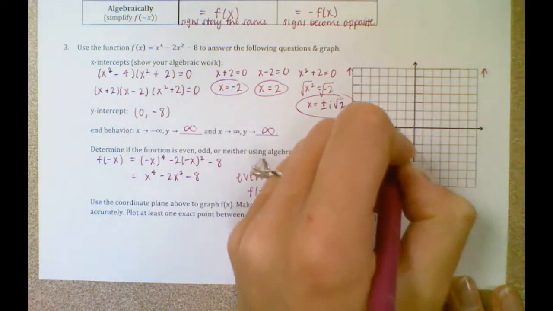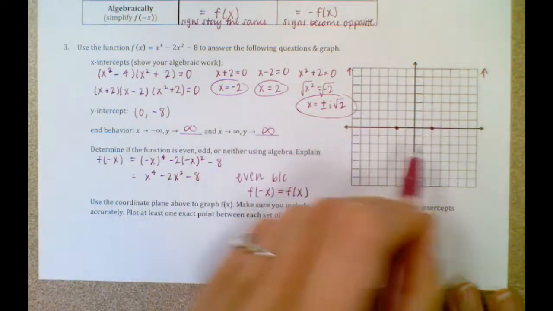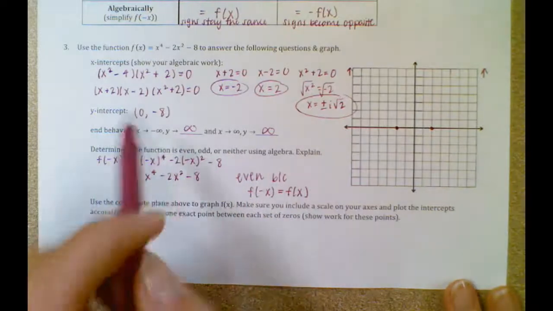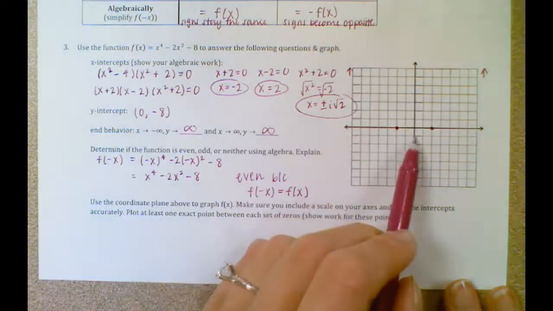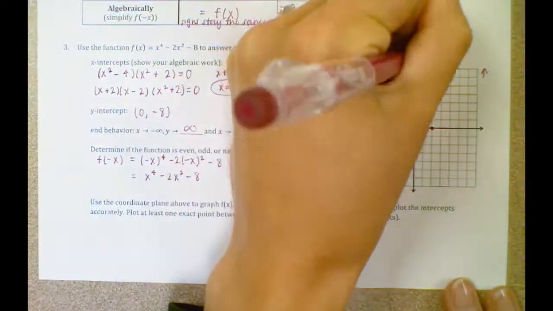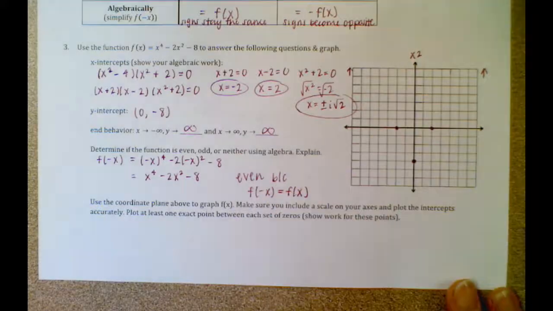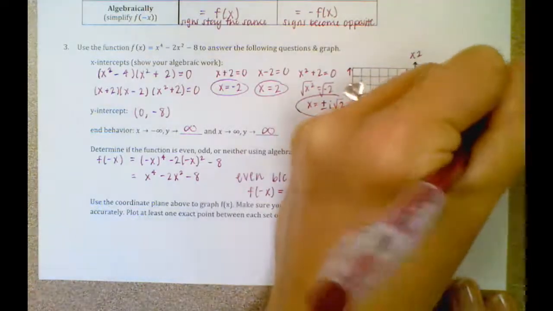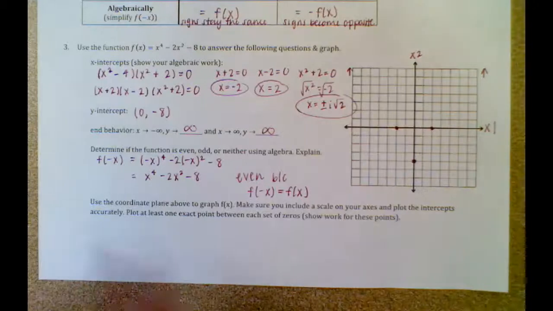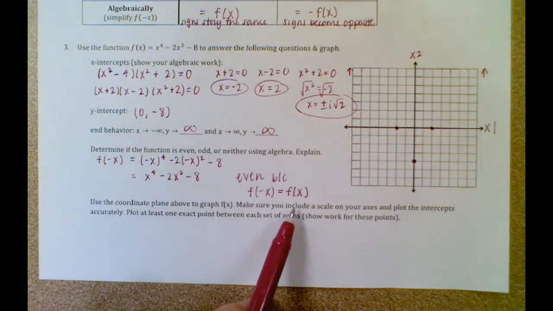So negative 2 and 2. Remember, these are imaginary zeros, so I can't plot them. They're not on the x-axis. I have a y-intercept of negative 8. 1, 2, 3, 4, 5, 6, 7. I'm off by 1. I'm going to count by 2s here: 2, 4, 6, 8. Okay. And my x values, I'm counting by 1s. All right. And then make sure to include